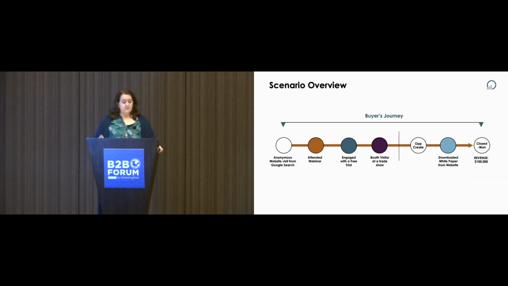For the purposes of this session, I'm going to use this scenario to go through all the model types. And hopefully this will make it easy for you to compare and contrast the different models. I'm going to refer to all the engagement as touch points. I will probably say the word touch points like 100 times during the session. But the touch points are basically what you are using as the inputs to the model. And I've color-coded them so that you can follow along and understand how each attribution model works with this particular